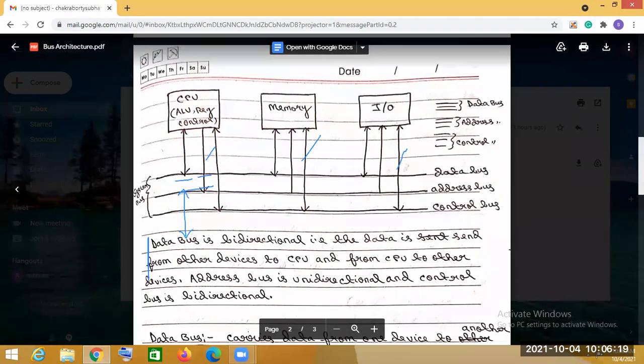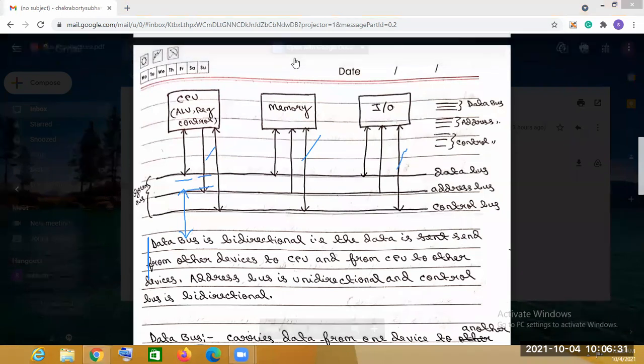Now the data bus is bidirectional because data has to be sent from the CPU to other devices, or from other devices to the CPU.